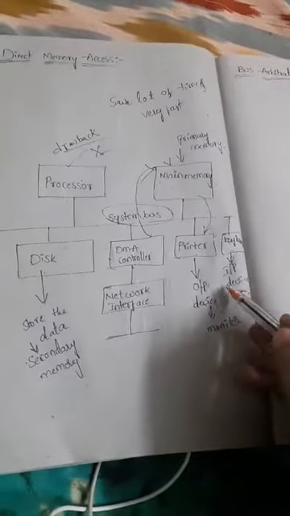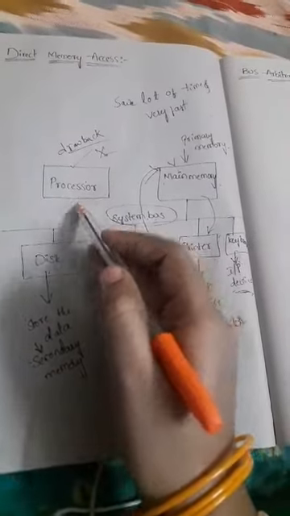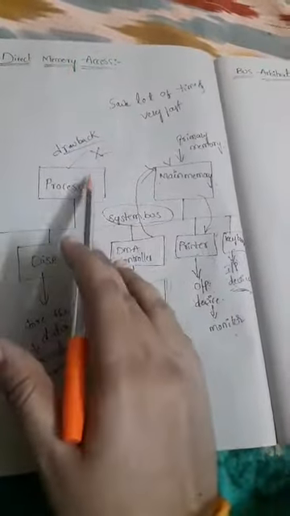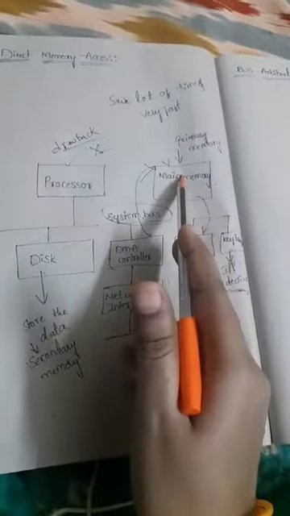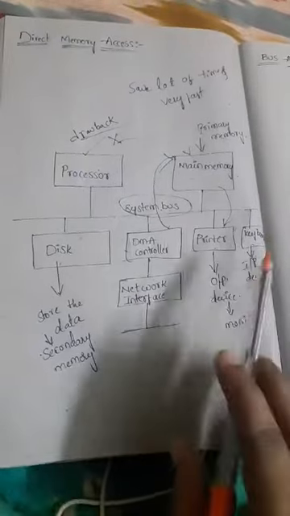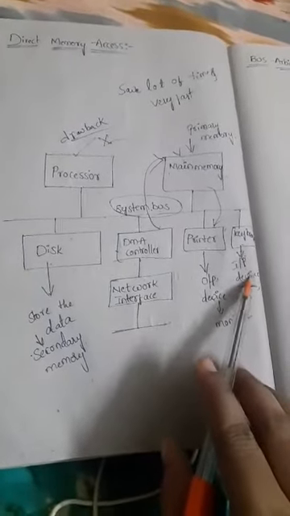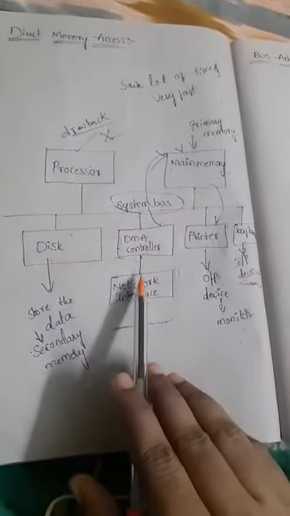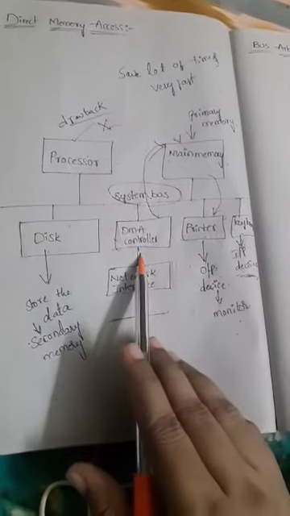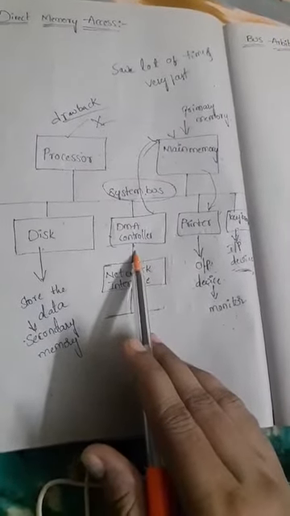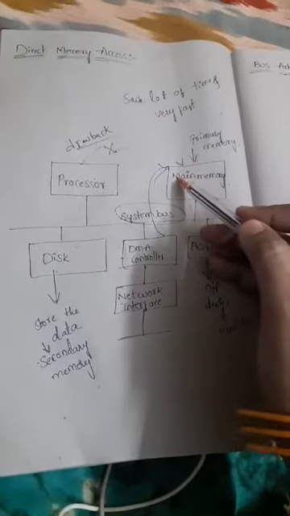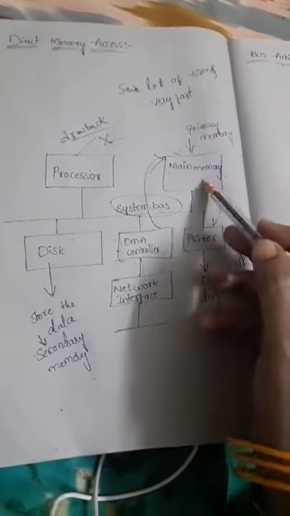Instead of the processor. Normally, the input device first sends the information to the processor, and only then does the processor give permission for that request to be sent to the main memory. But here, whenever the input device wants to store some data, the request is passed directly to the DMA controller, and the DMA controller communicates directly with the main memory. Instead of the processor, we are using the DMA controller.